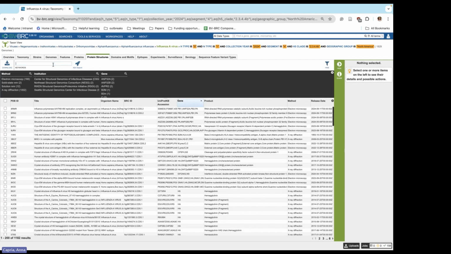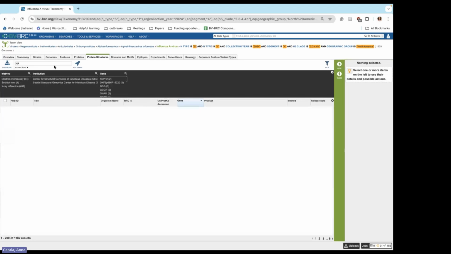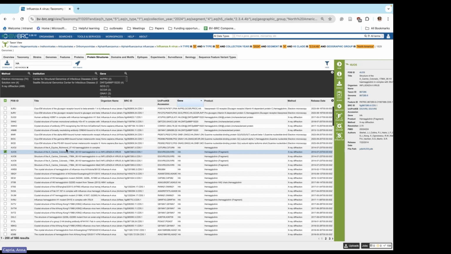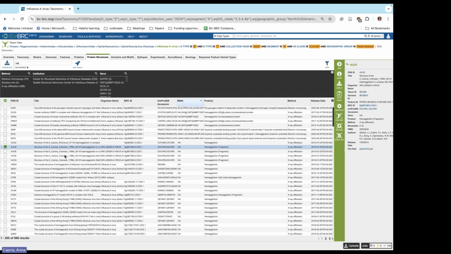You can search here by keywords, which you could also do on any tab. So if we were interested in HA, then that'll pull anything that has HA from A, and this is influenza A specific, so not going to be structures for this specific group, but you can now have a new